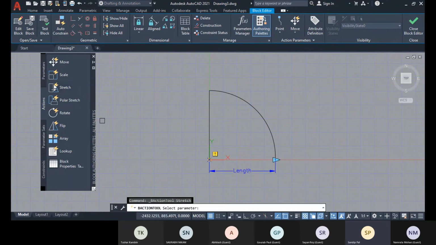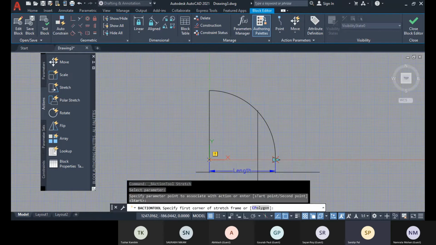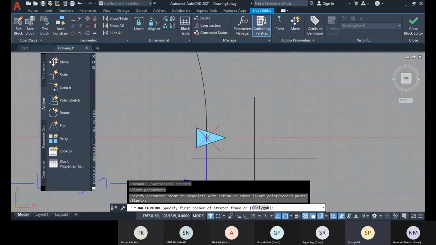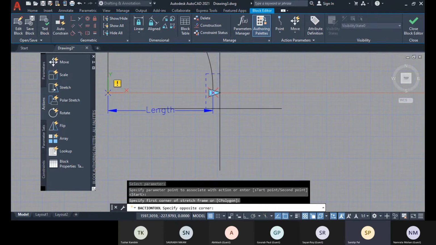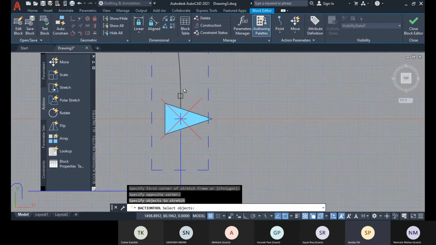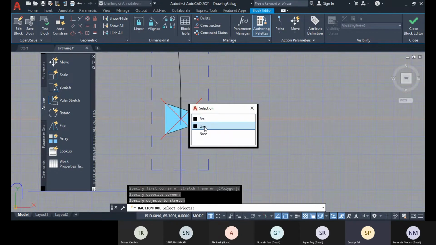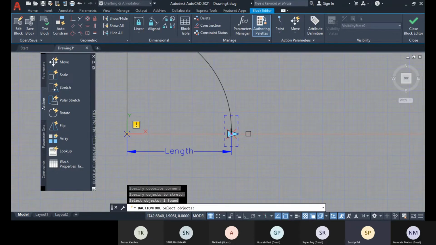So first of all, after selecting this action, I will select this parameter, and then the action will be associated with this grip point of this parameter. So I have to click on this, and then you have to define the corner. So I will specify this as a corner, and then you have to select the object. So you select this object, this line will be selected, and this line will be stretched.